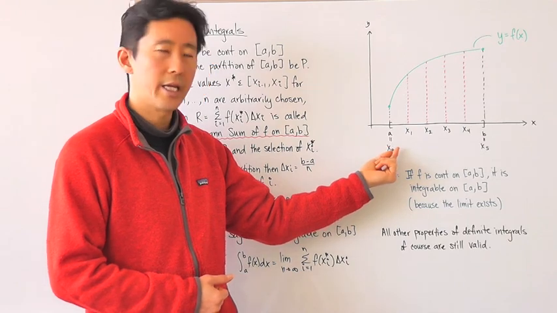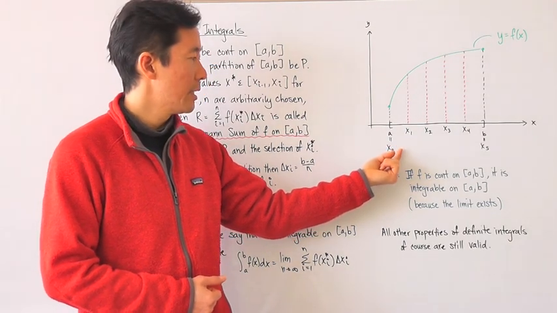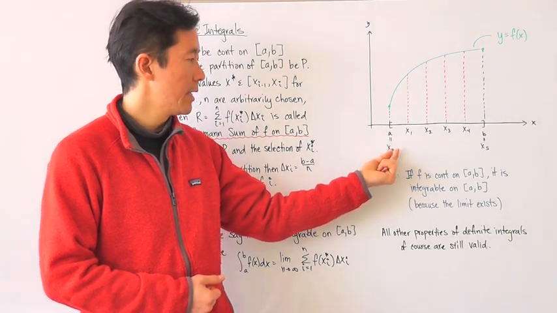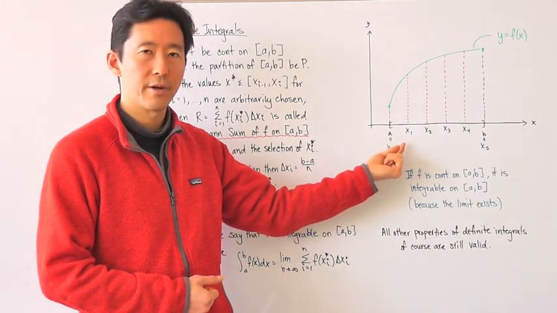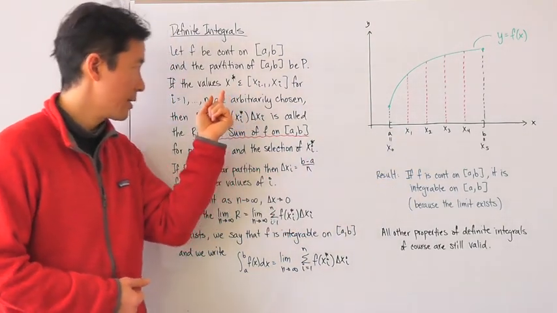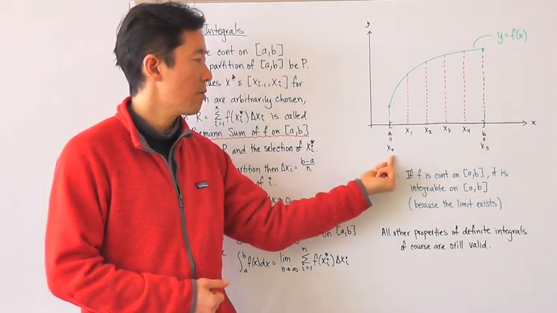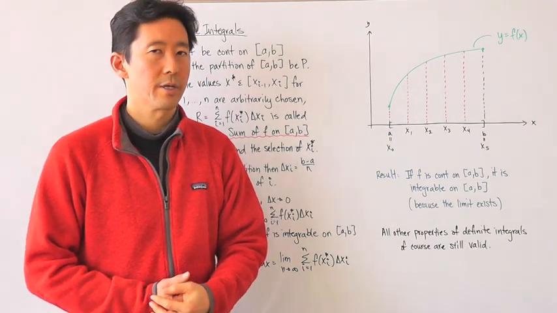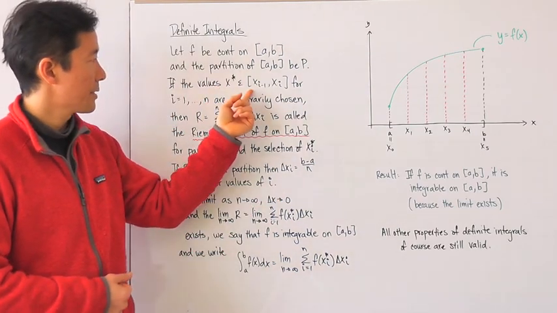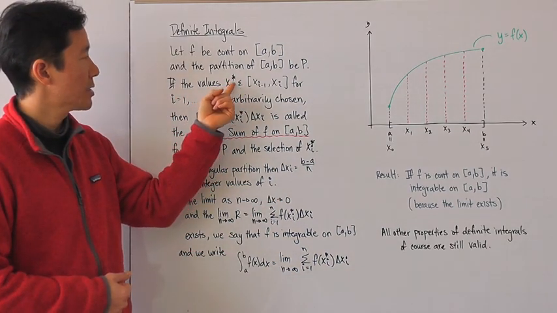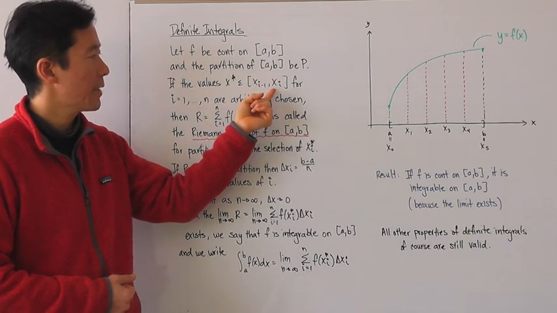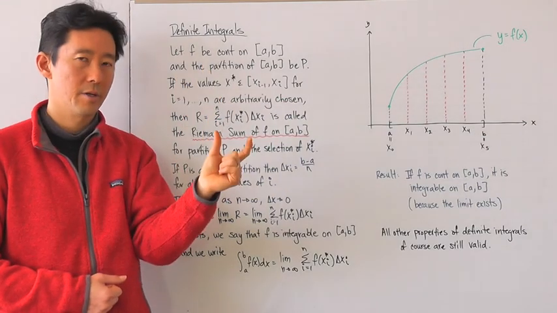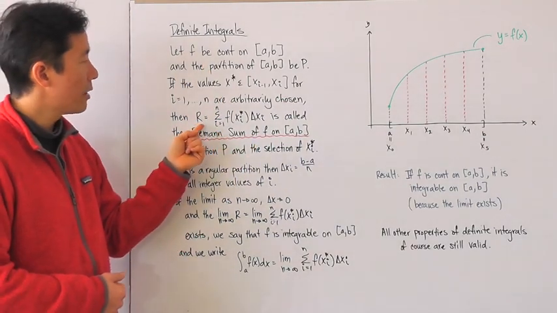And remember that when we evaluated the upper Riemann sum or the lower Riemann sum, we used one of these endpoints here. Now when it comes to this particular definition, it doesn't matter where the x star is, so long as it's somewhere on that particular partition. And that's what this says. If the values x star are in each one of the partitions that we have, and it doesn't matter where it is because it can be arbitrarily chosen so long as it's on the partition,